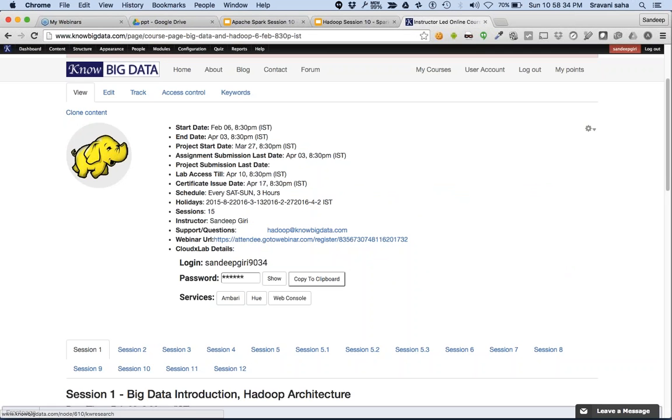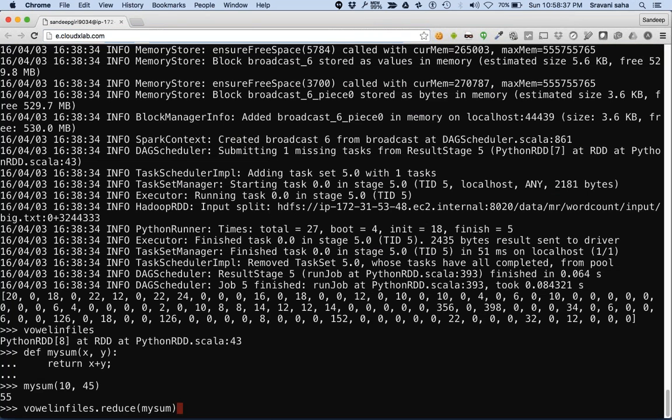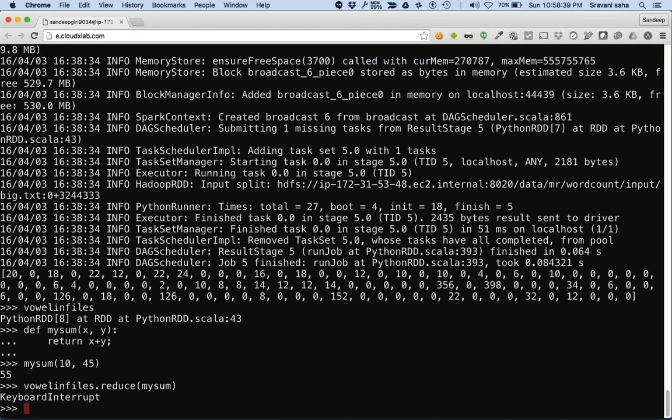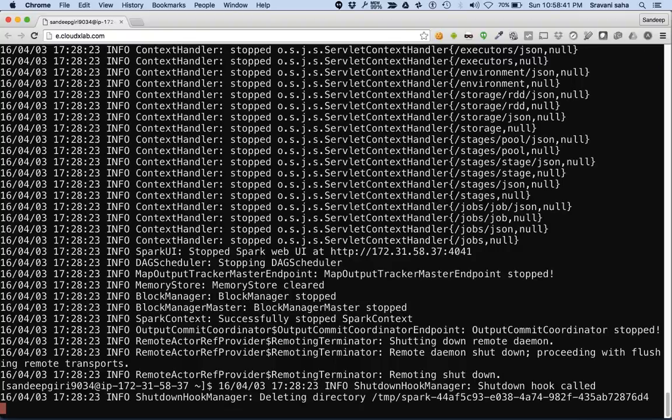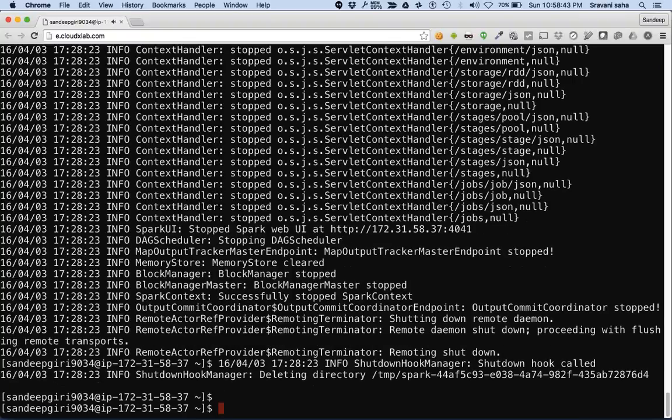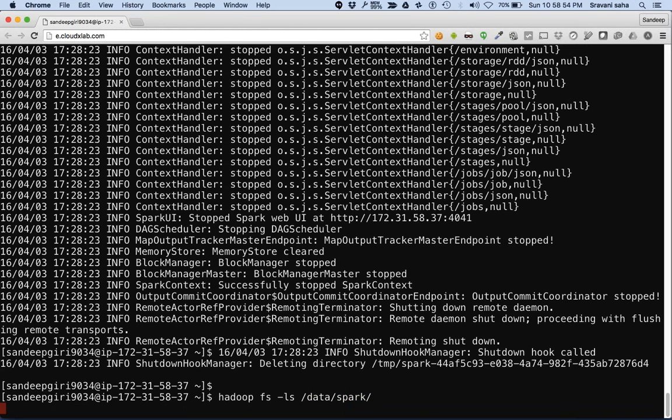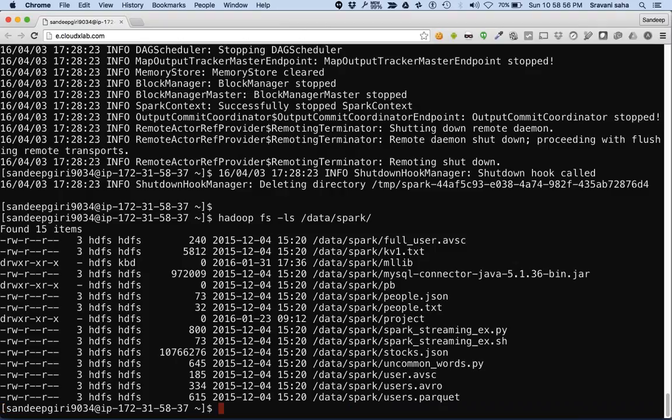So I've already written the same thing in a file. So you can see, Hadoop fs minus ls data spark. There is this file called Spark Streaming example.